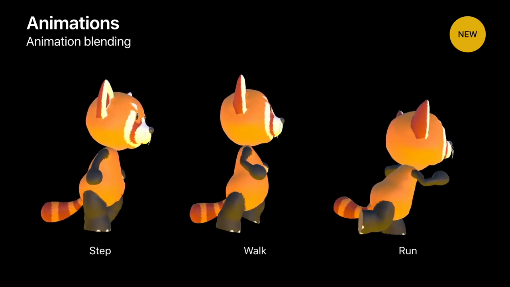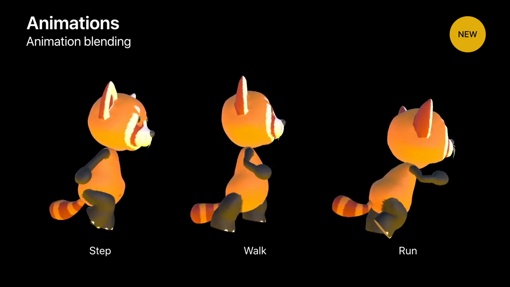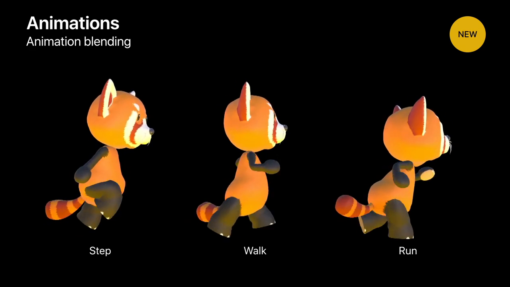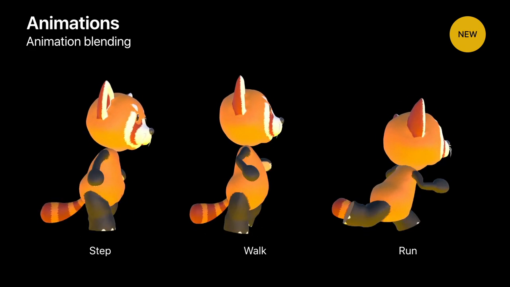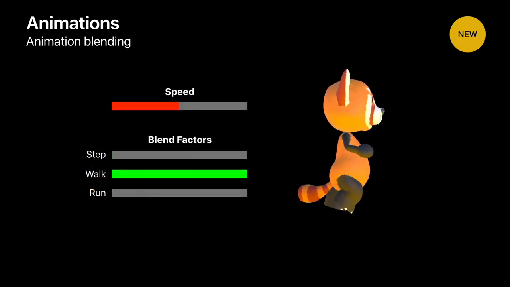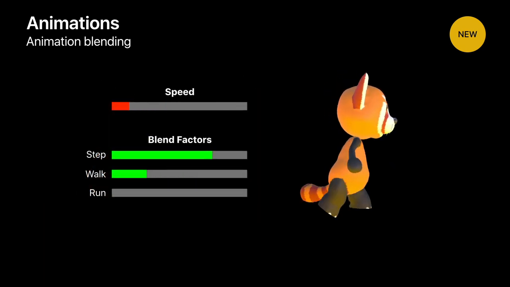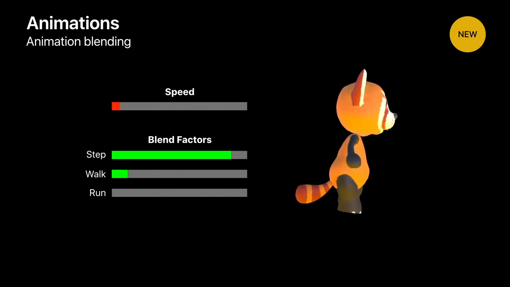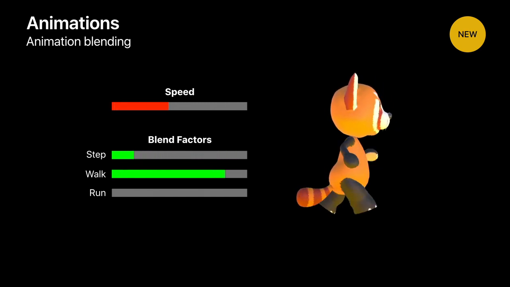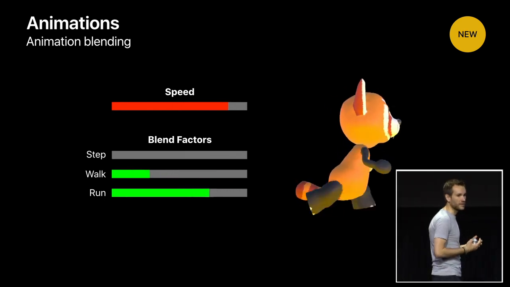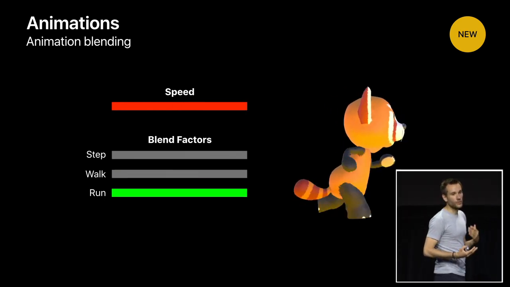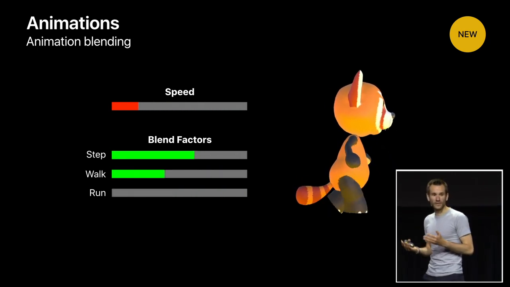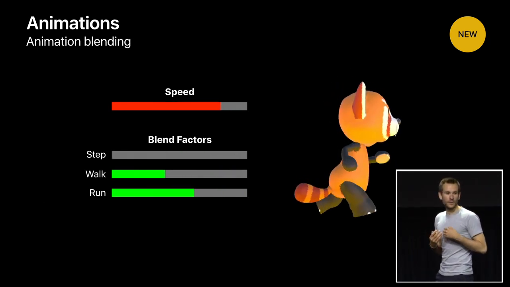So let's take the example of Max, who can walk, run, but also step. We have different animation files for each kind of motion. With the new blending API, you can easily transition from the step animation to the walk animation, and so you can bring fluidity and be more expressive in your applications. And after you blend animations, you can also play with the speed. So Max can run fast, slower or not.